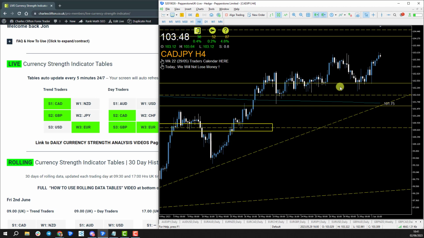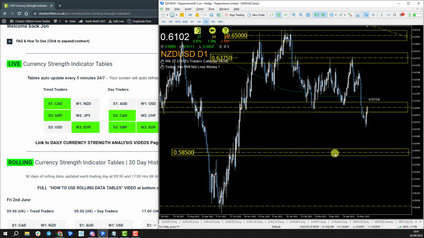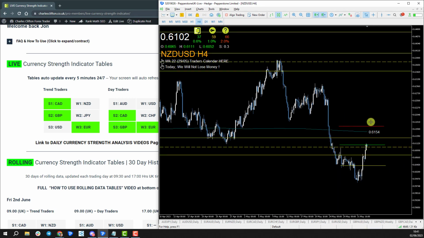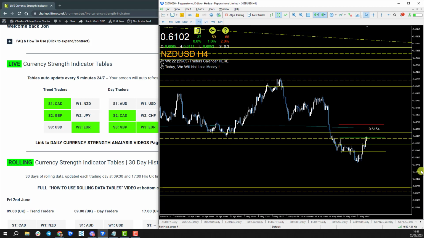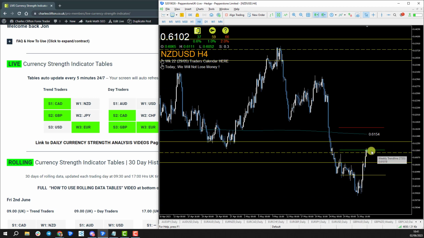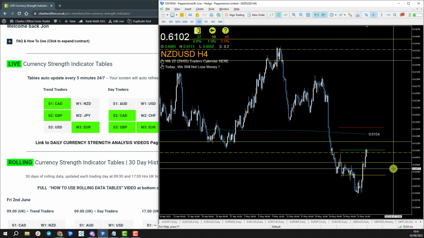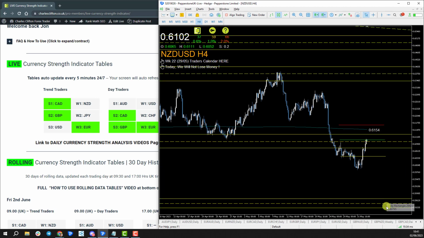Still in a Kiwi dollar short here, still looking for opportunities to the downside. Our stop loss is up at 161.67, looking for price to continue to the downside here. If you looked at the original stop, you would have been stopped out on the first if you went with the aggressive stop loss. If you went with the less aggressive stop loss like we did, we're still in this at 61.67. So looking to see if price will reject here and see if we get that dollar strength coming back into the market for a continuation,